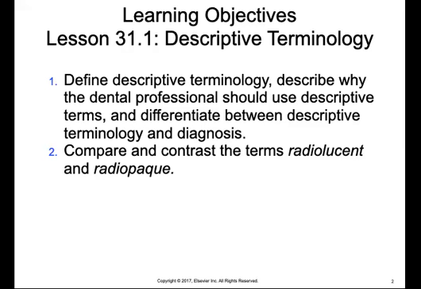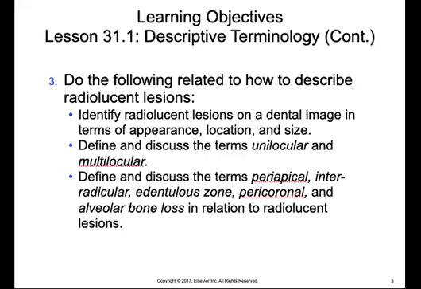Compare and contrast the terms radiolucent and radiopaque, and to do the following related to how to describe radiolucent lesions. Identify radiolucent lesions on a dental image in terms of appearance, location, and size. Define and discuss the terms unilocular and multilocular. Define and discuss the terms periapical, interradicular, edentulous zone, pericoronal, and alveolar bone loss in relation to radiolucent lesions,